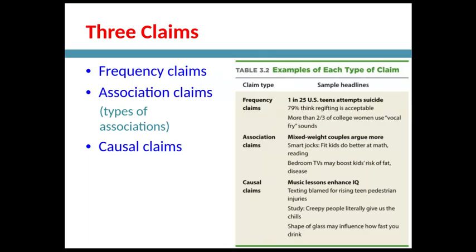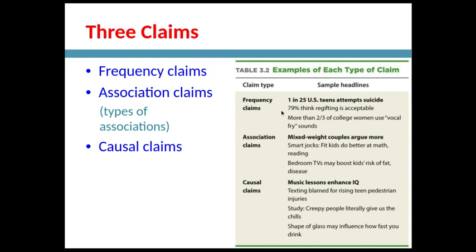Now, let's look at the 3 claims. Again, we have frequency claims, which, as I pointed out, are using one outcome or one measured variable. So you're only going to get one number out of these. And a lot of times, surveys, polls, things like that, you only get one number. So it could be something like, as you see here, 1 in 25 US teens attempt suicide a year or